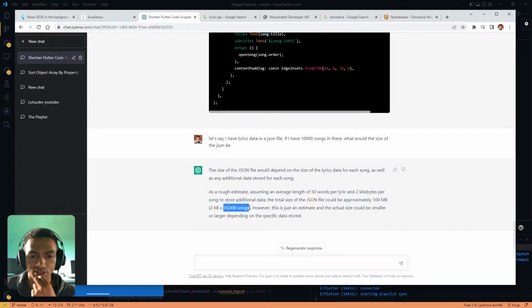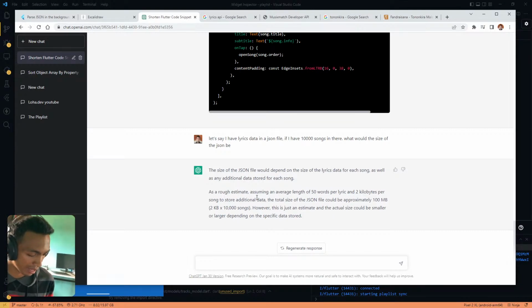So 10,000 songs is 100 megabytes. That's quite a lot. But the thing is, at the same time, let me show you this. I have this Bible offline, and I'm sure that it's a lot of text. I mean, where is it? I have this Bible of